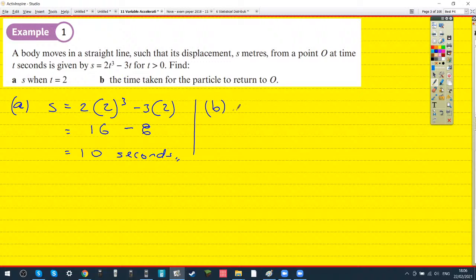For this one, we want the time it would take to return to the origin. Would it be 2 times 10? It would be S is 0. So S is 0 at the very start and when it returns. Yeah. So that is just